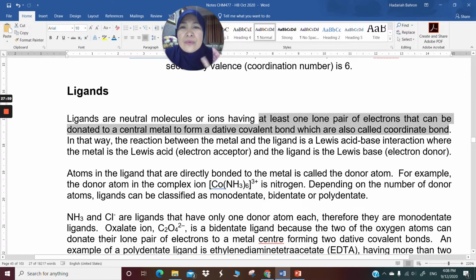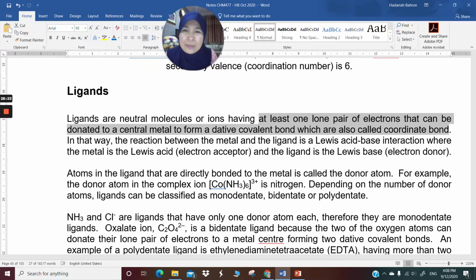For a molecule or an ion to become a ligand, it has to have one lone pair of electrons. Lone pair of electrons means a pair of electrons that are not bonded